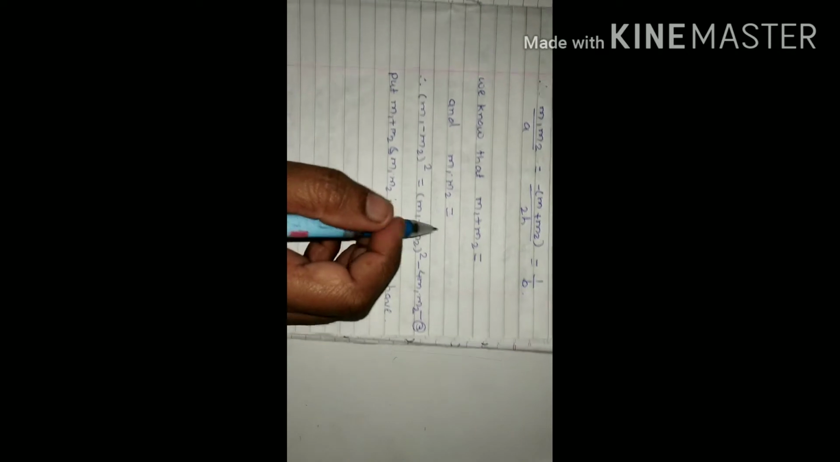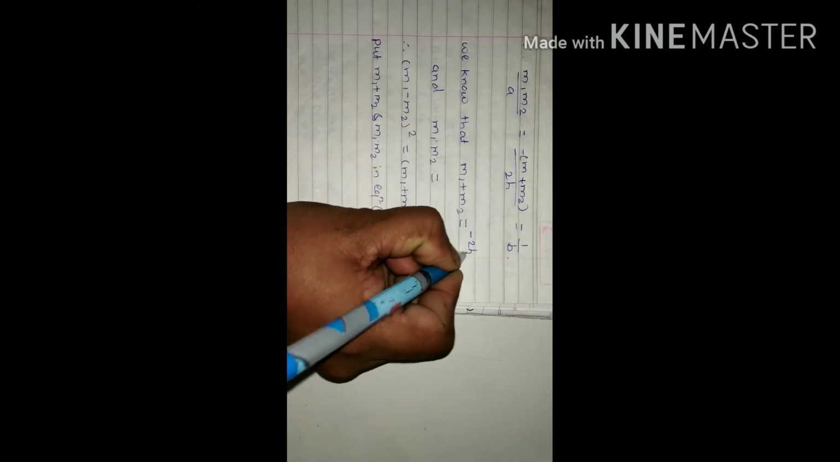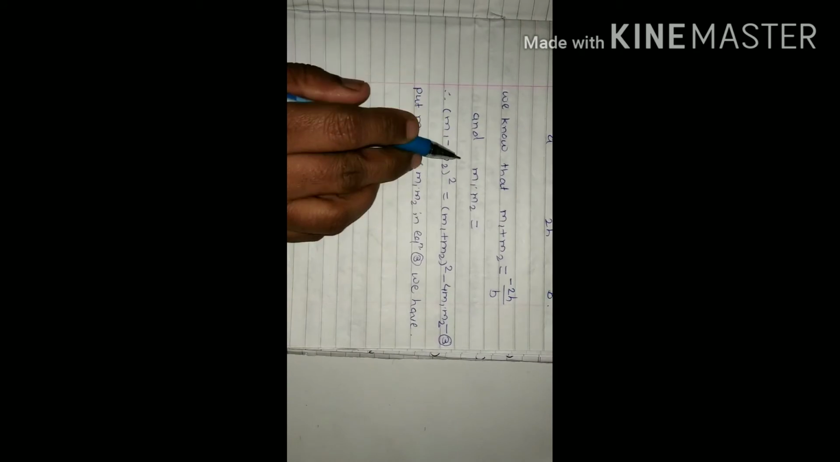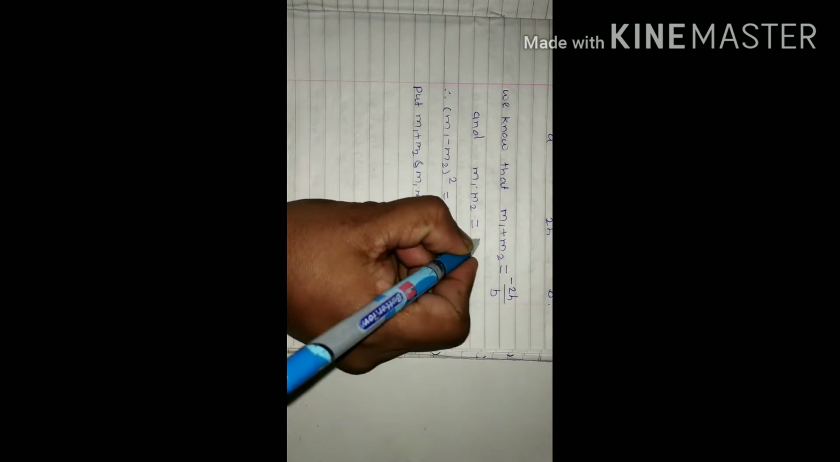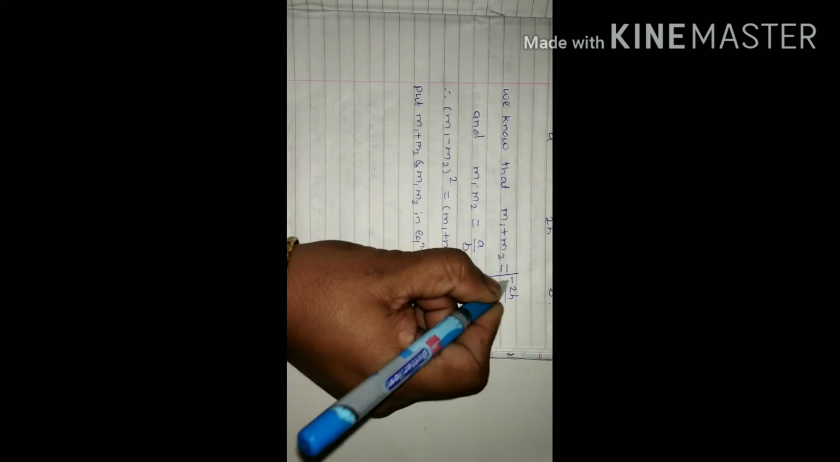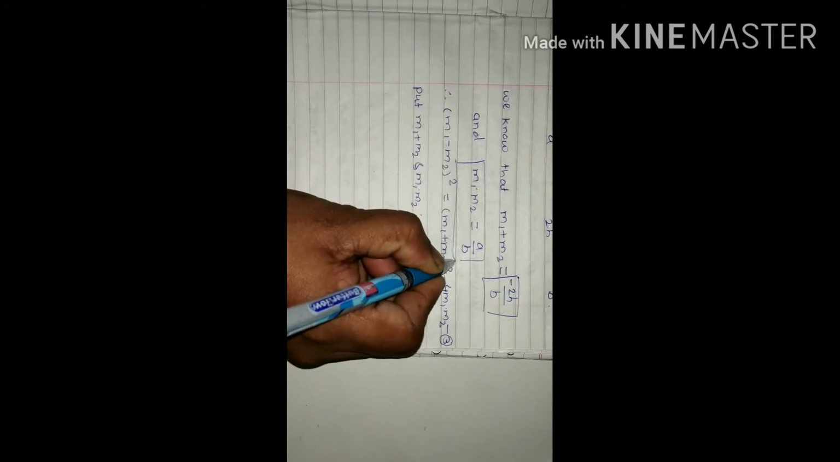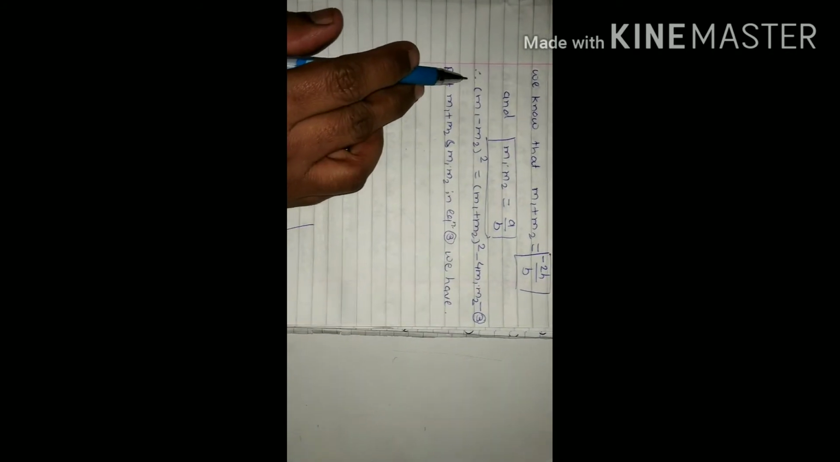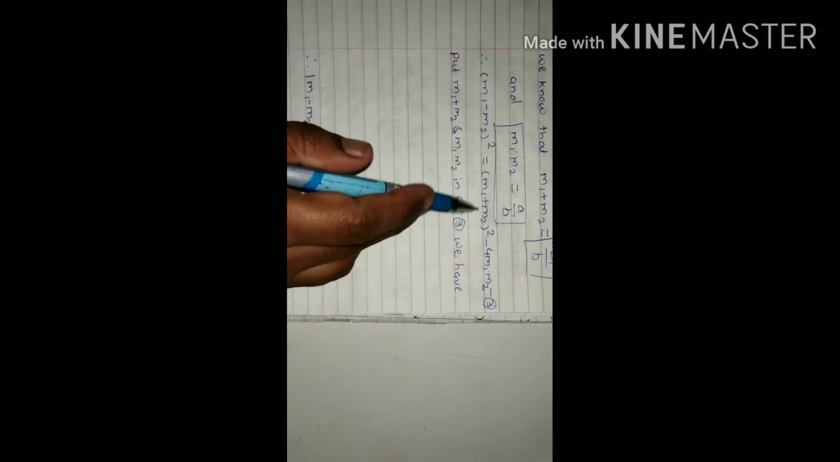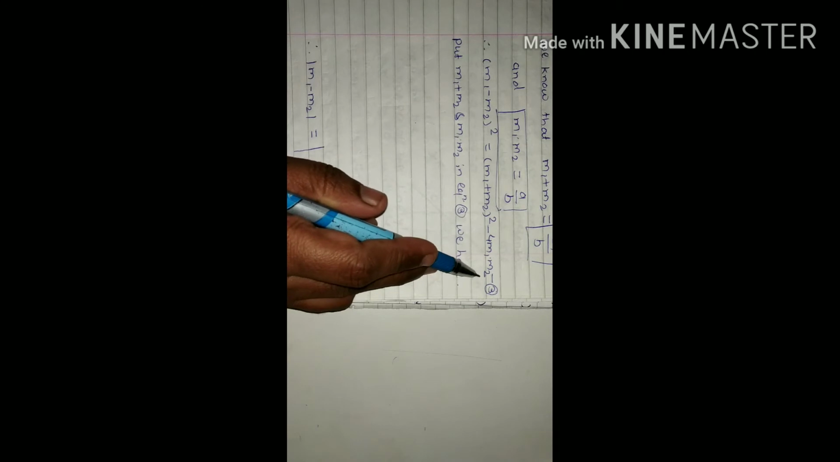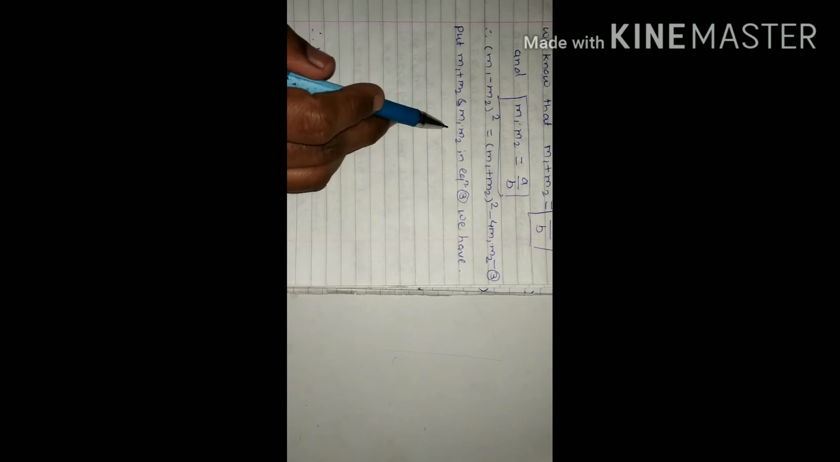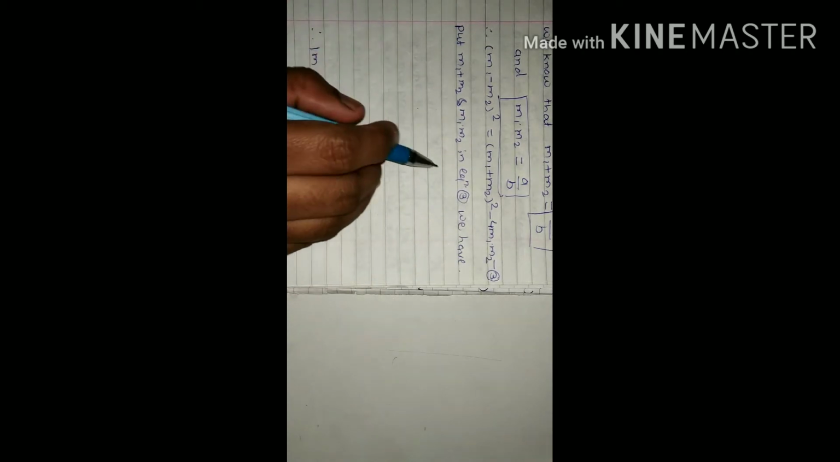We know that the value of m1 plus m2 is minus 2h divided by b, and the product of the two slopes, m1 into m2, is equal to a divided by b. Therefore we know that m1 minus m2 whole square is equal to m1 plus m2 whole square minus 4 m1 into m2. We will call this equation number 3. Putting the values of m1 plus m2 and m1 into m2 in equation number 3,